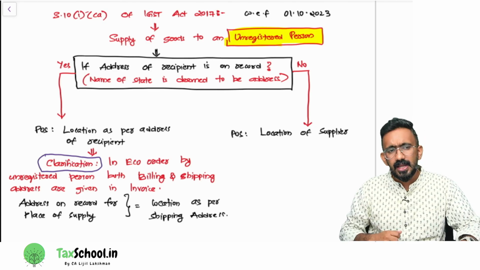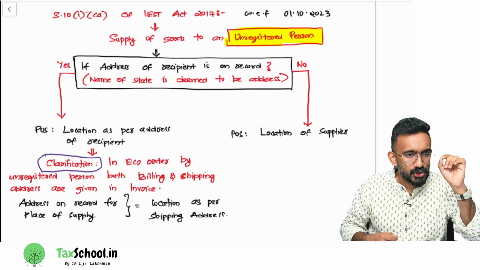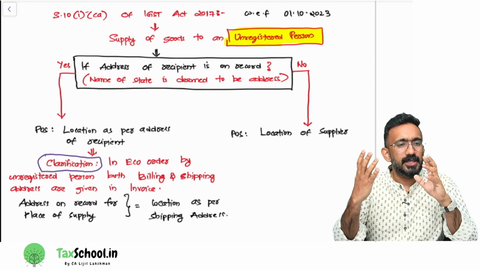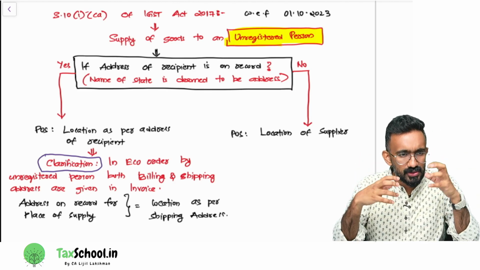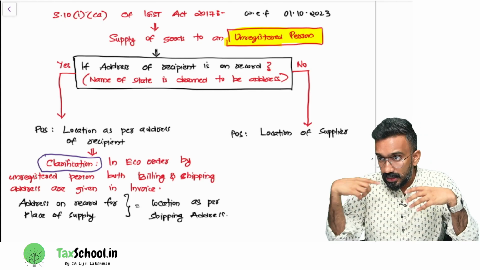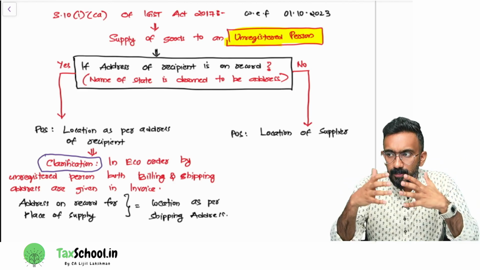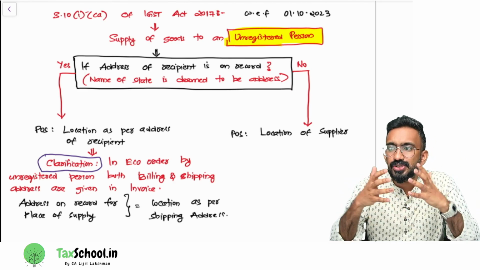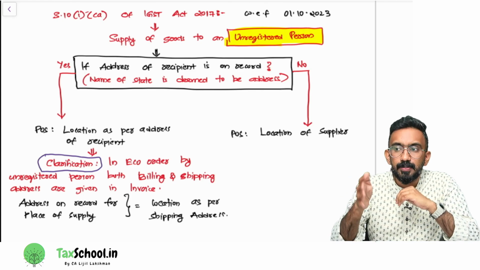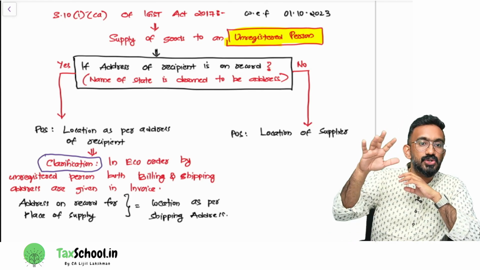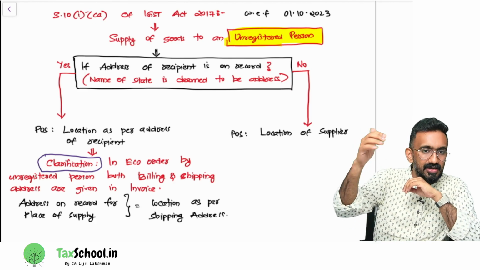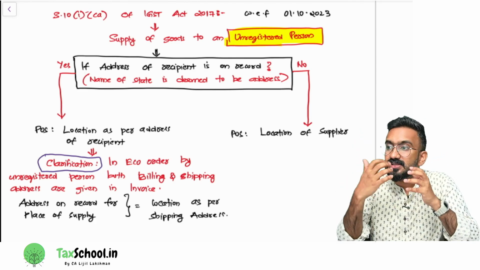Now, if you have shopped on Amazon, who shops mostly on Amazon? It will be consumers like you and I. So unregistered person, B2C. There is a clarification that they have given. They said in an e-commerce operator order by an unregistered person, both billing and shipping address are there in the invoice. You have seen in Amazon, when you get an invoice, you have billing address and shipping address there. In such invoices,